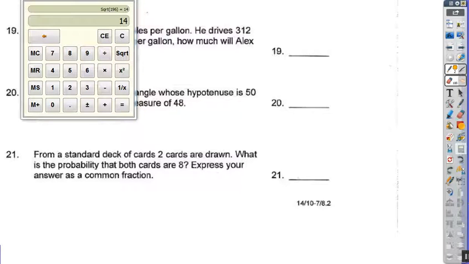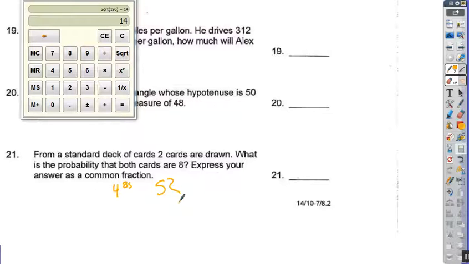From a standard deck of cards, 2 cards are drawn. What is the probability that both cards are 8s? Express your answer as a common fraction. Now, we haven't done a whole lot of this in class this year, pretty much because it is covered in the 7th grade curriculum and what do you expect. But there are 4 8s in a deck of 52 cards. Each suit has 13 cards, so you have a total of